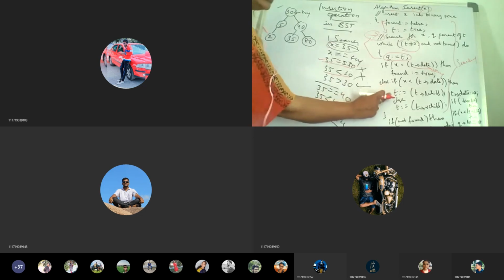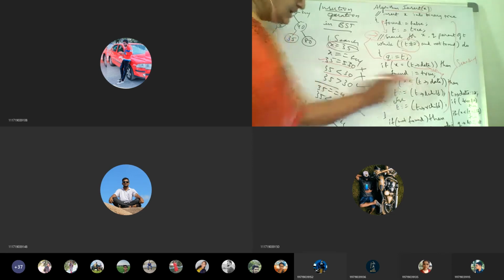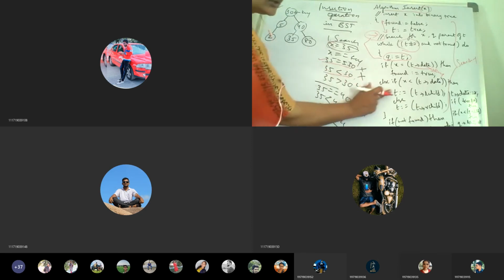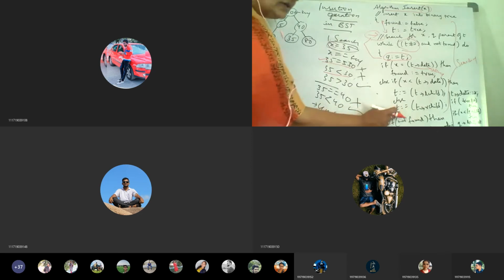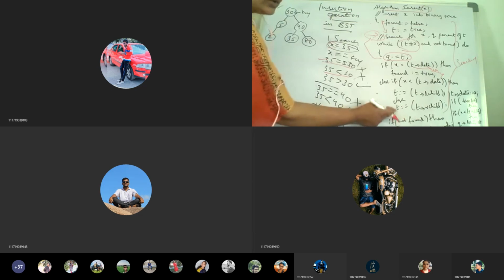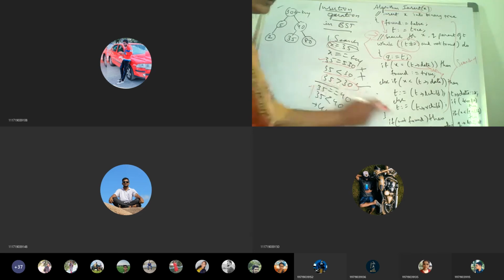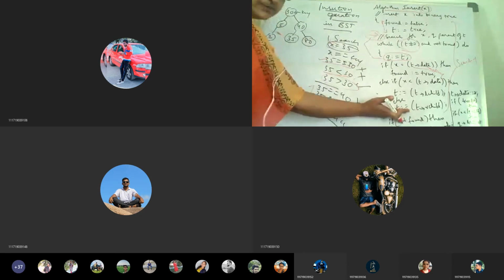Okay. So towards the left child we are going to compare when x is less than this. If this would have been true, we would have gone towards the left. So this condition also is becoming false. Okay, then what do we go for, the next condition? What is the next condition? The leftover one is anyway the right child. So directly in the else part, instead of checking this condition, we are inserting at the right child, because this is the only one which is left over. Okay. So till here is the search algorithm only.